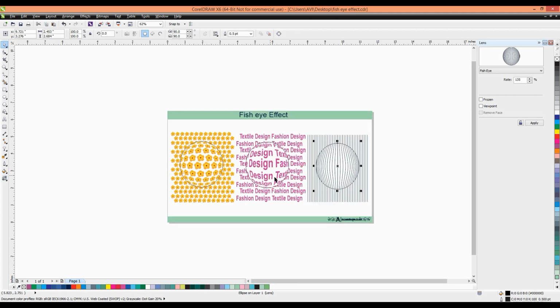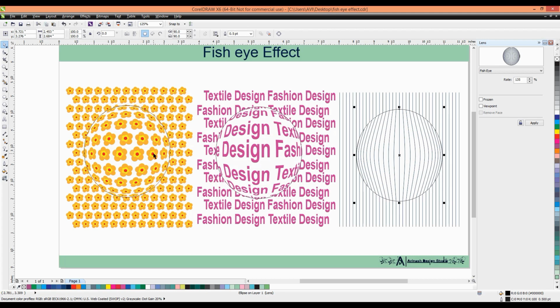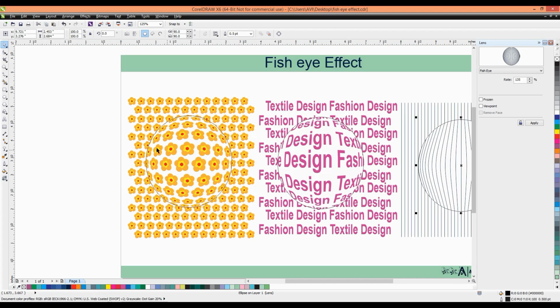Now we have to select any one and press here, frozen, and apply.